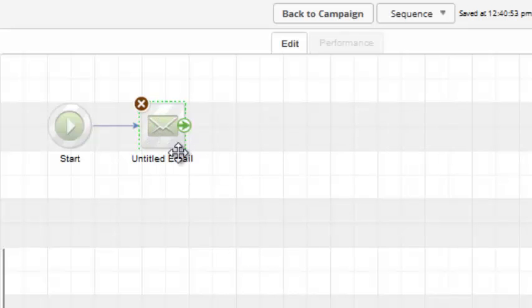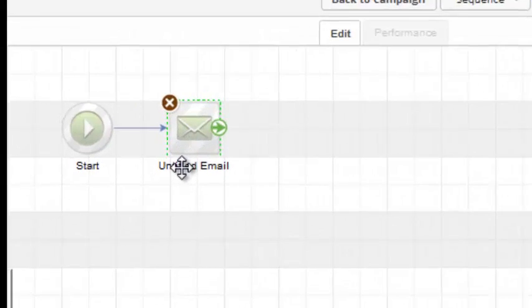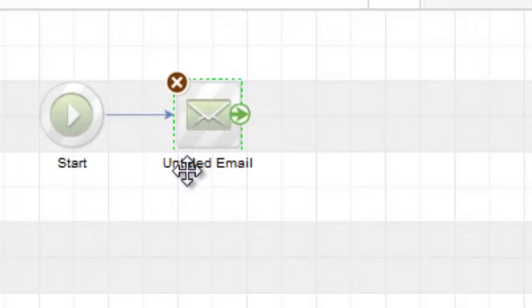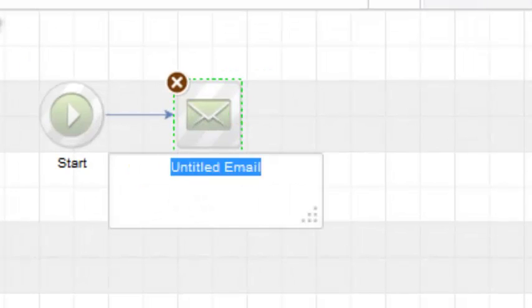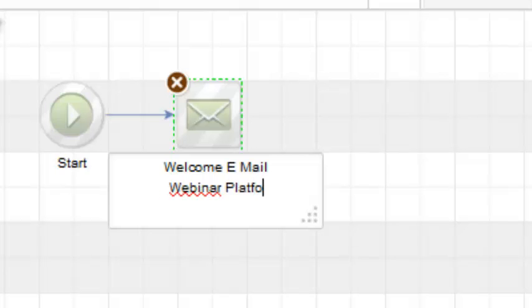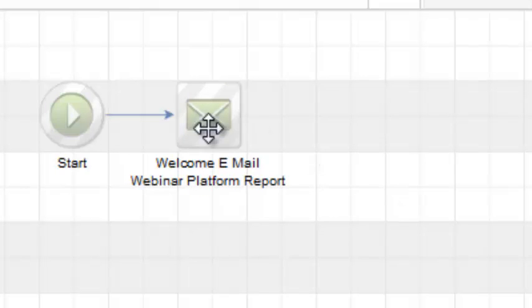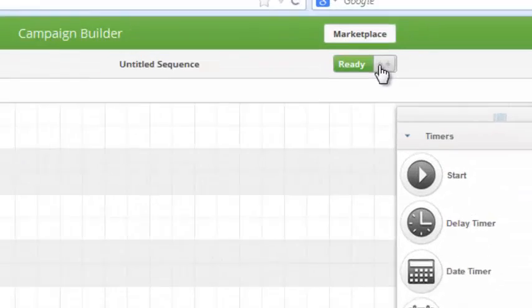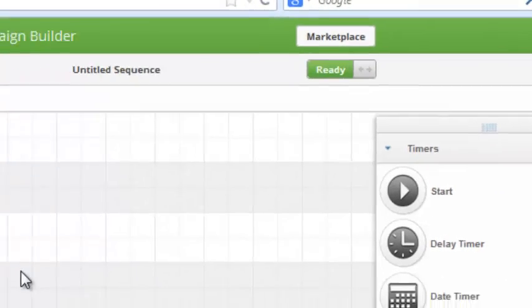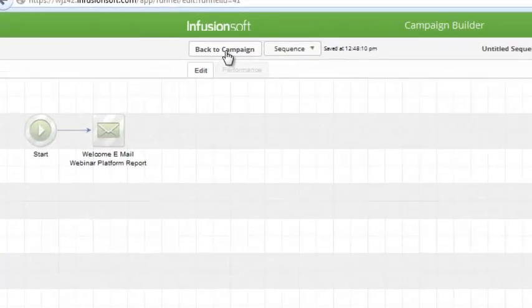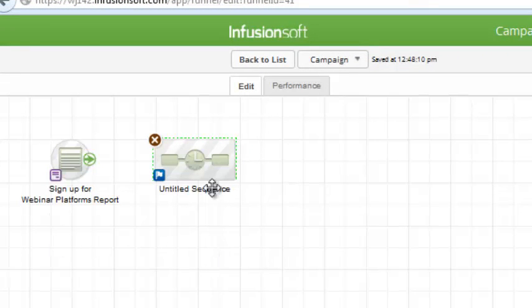Again, once I've set my email up, oh, let's give it a name. That will help. So I'm going to put here welcome email, webinar platform report. Okay, and that's it. Once I've done that, I'm going to change that from draft to ready. Go back to the campaign, and again you can see it's all looking like you've got the ticker tape behind it. So what you do now is you join those up